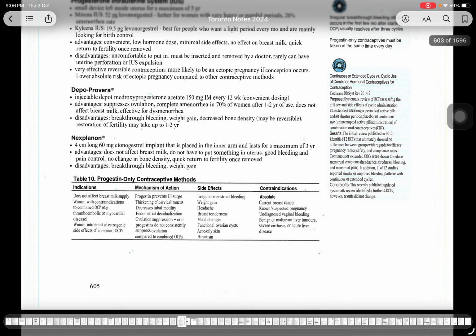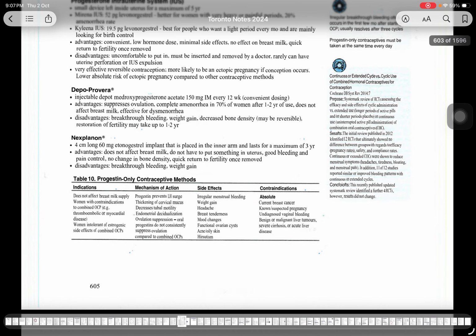Women with intolerance of the estrogenic side effects of combined OCPs are a good indication for progesterone-only contraceptive methods. Mechanism: progesterone prevents the LH surge, thickens cervical mucus, decreases tubal motility, causes endometrial decidualization, and suppresses ovulation. Oral progesterone does not consistently suppress ovulation compared to combined. Side effects may be irregular menstrual bleeding, weight gain, headache, breast tenderness, mood changes, functional ovarian cyst, acne, oily skin,